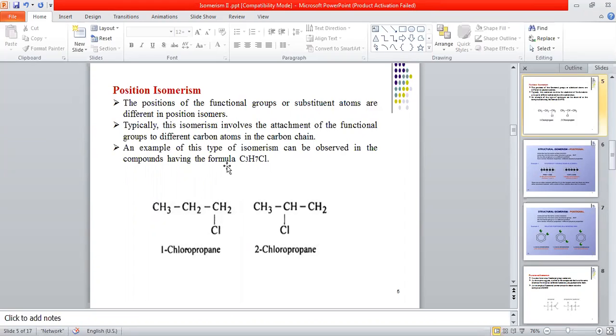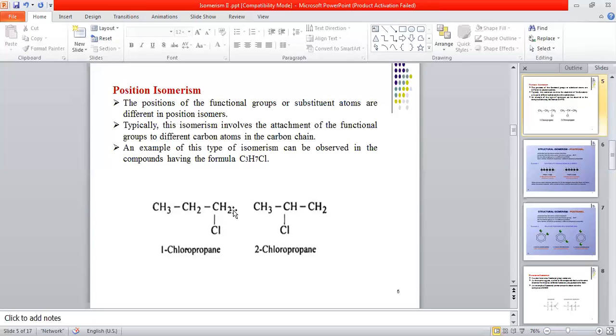The example they have taken is C3H7Cl. This one is our molecular formula, C3H7Cl. When they have arranged this thing, they can arrange like this also, or you can arrange like this also. Either you can put this chlorine group at the first carbon atom, or you can put the chlorine atom at the second carbon atom, but you will find this C3H7Cl. Carbon number 3, chlorine 1, hydrogen 3, 4, 5, 6. This one is C3H6, and this one 3, 4, 5, 6, 7.